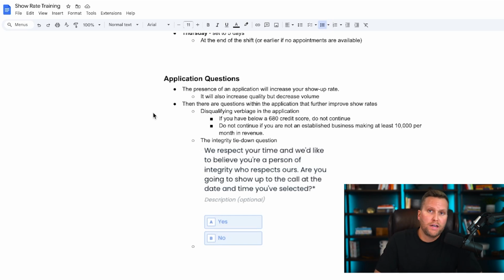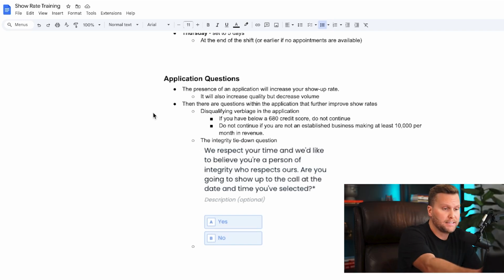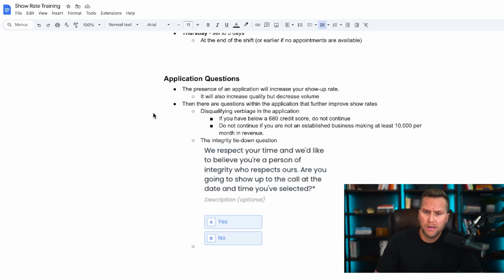Now, one other thing that you can add in the application is what we call an integrity tie down question. So toward the end, right before they enter in all their information, there's an example here. You can say, hey, we respect your time and we believe that you're a person of integrity who respects ours. Now, with that sentence, you're challenging that person's integrity. Then you go on to say, are you going to show up to the call at the date and the